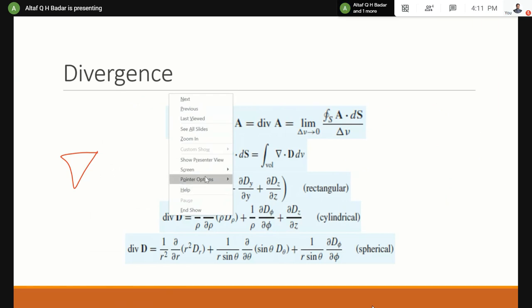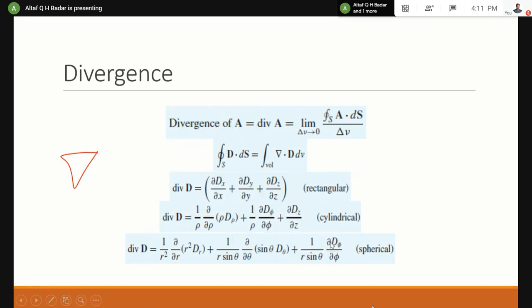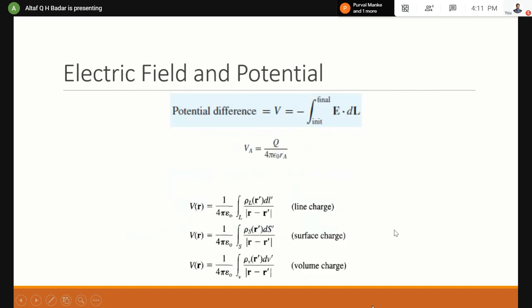So this is where we were. Then let us move to electric field and potential. Before we go into that, we need to remember that these things are basically to be learned by heart. What we have studied is simple shapes, uniform charge density cases, and this is quite easy to solve, right? Then we will go for potential.